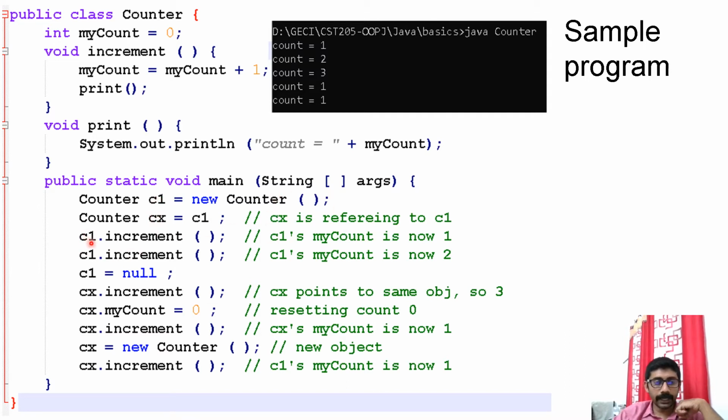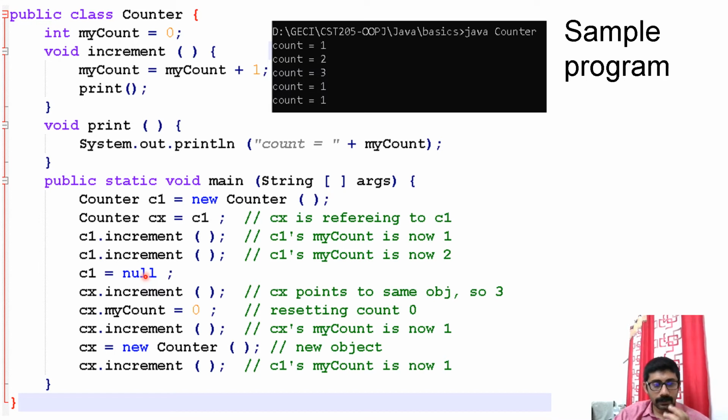At this point of time, here one object is created. Now both c1 and cx are pointing to the same object. Now I am performing c1.increment. The increment operation will print the value also. It will result in this line, count equal to 1. Again c1.increment. Now count equal to 2. Now I am setting c1 equal to null. Is it deleting my object?